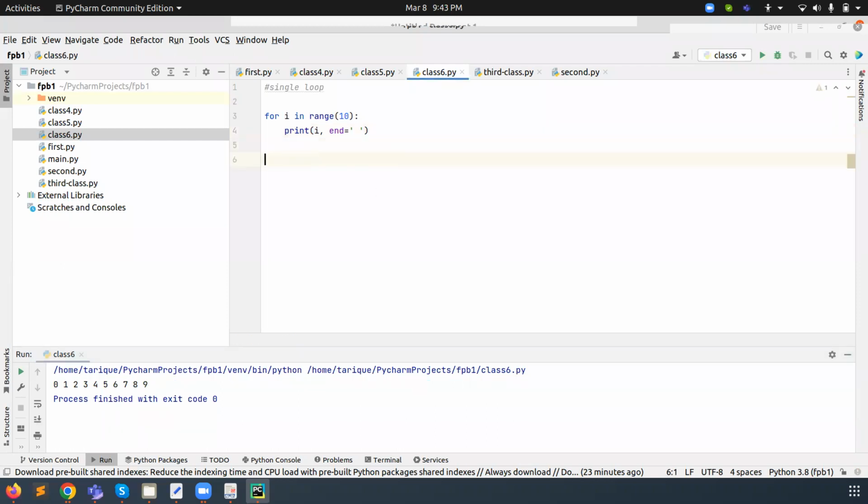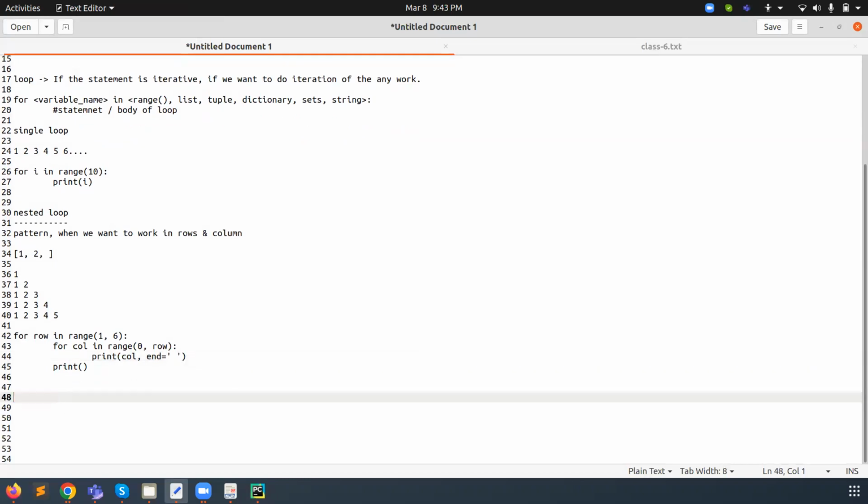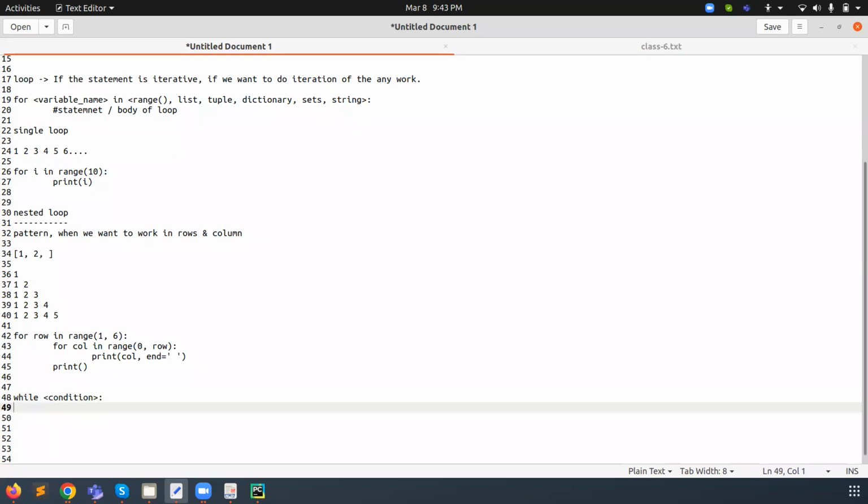The same thing we can do here in a while loop. The syntax of the while loop is somewhat different from the for loop. In a while loop, first of all we need to give the while statement, then the condition, and after that the body of the loop, meaning the statements.